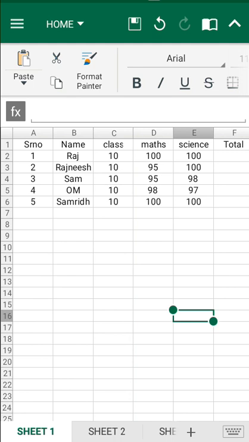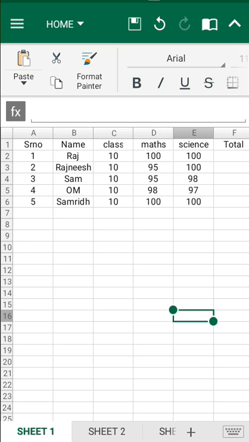So Excel consists of rows and columns. A table is a collection of rows and columns. In Excel 2010, there are 10,48,576 rows and 65,789 columns.